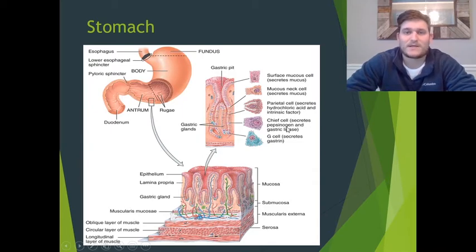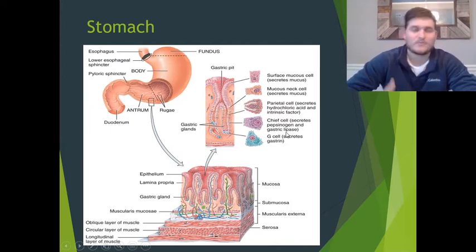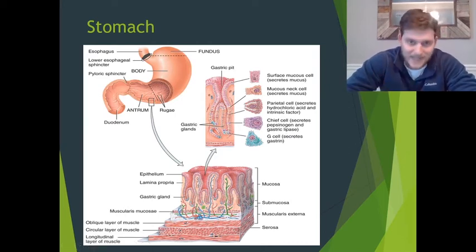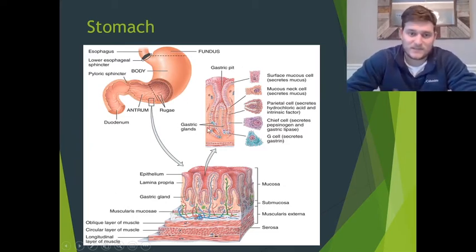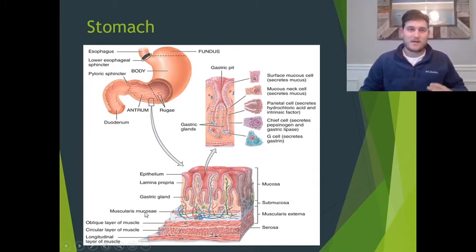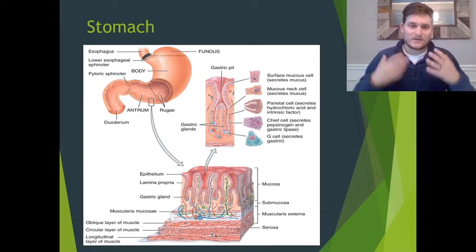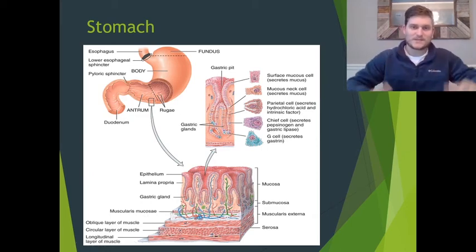Pepsinogen is going to help break down proteins. Gastric lipase, so again, this is just describing that we're in the stomach, so gastric. Lipase, the suffix here, tells us that we're going to be breaking down lipids. So, amylase, breakdown of carbohydrates; lipase, breaking down lipids, fats. And then, we're going to talk all throughout this lecture about different ones that break up proteins as well. But anyway, we have these cells that release certain materials which help break down food, and then we also have muscle that is going to help contract, churn this food all together, help break it down, help mix it with these gastric juices and these enzymes to